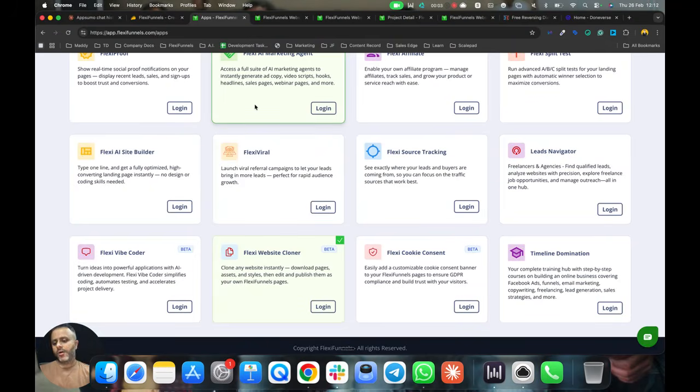Hey, hi. With respect to website cloner, I want to share with you the exact progress, right? So, it's live in beta in our own testing accounts, and we are testing it internally. By the way, just yesterday we also made cookie consent live, so you can start running and adding cookies to your relevant projects.